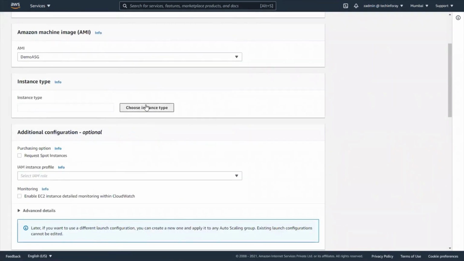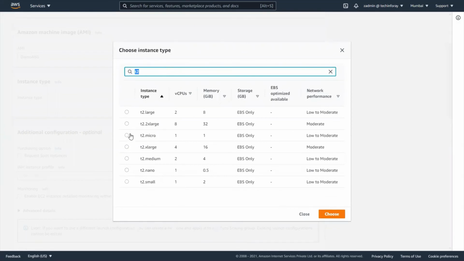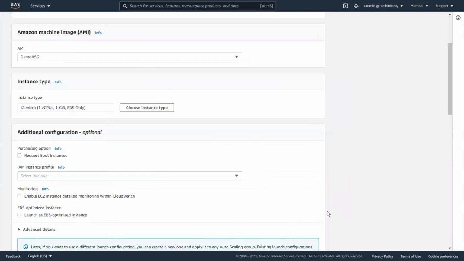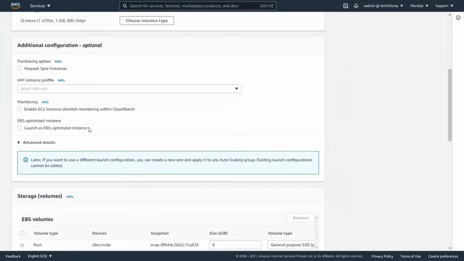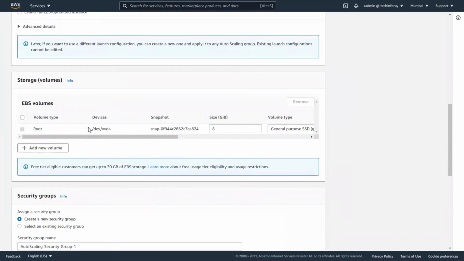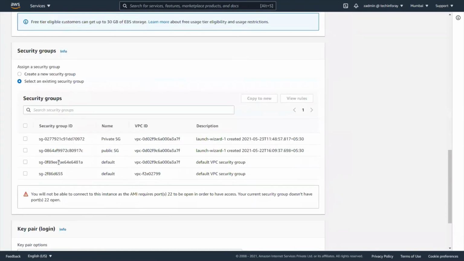Instance type: we are going to choose the free one that is available, T2 micro. That's sufficient for the demonstration. Keep the rest default. Monitoring not enabled; we do not require it as of now. Select the existing public security group.